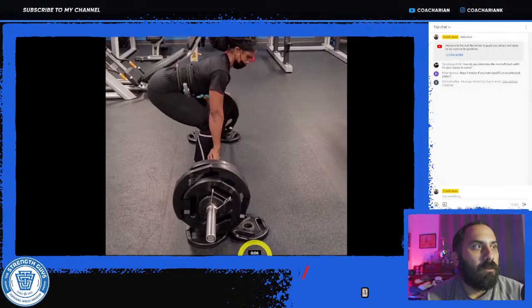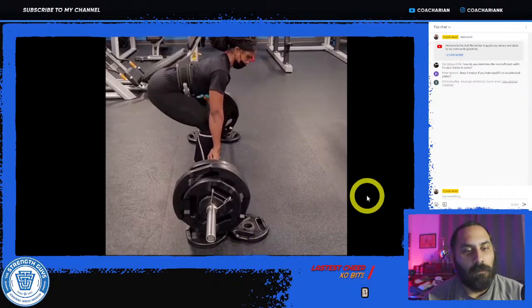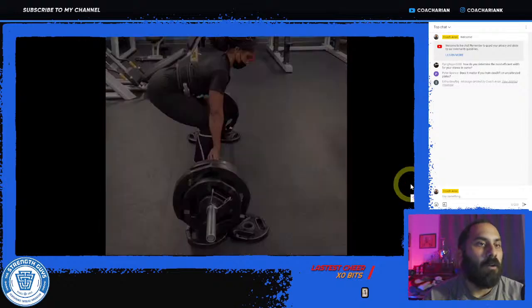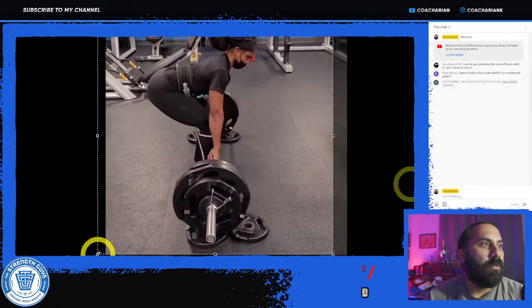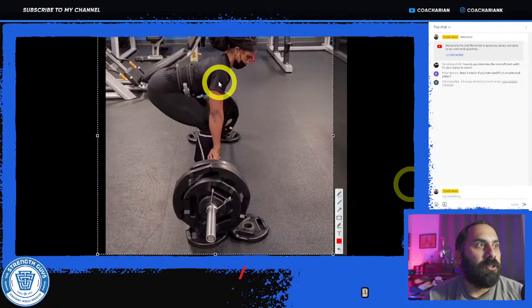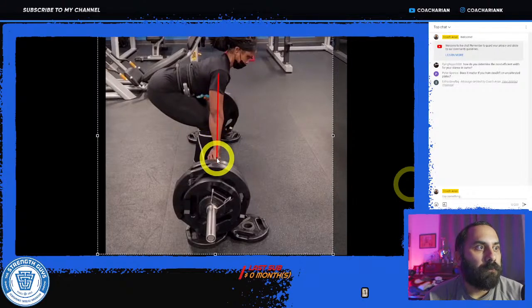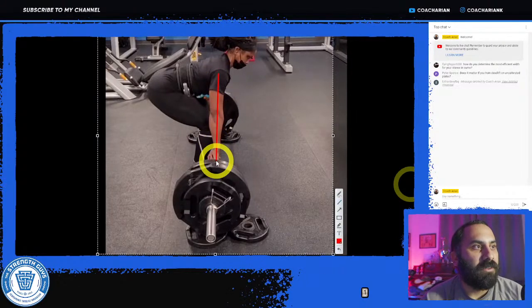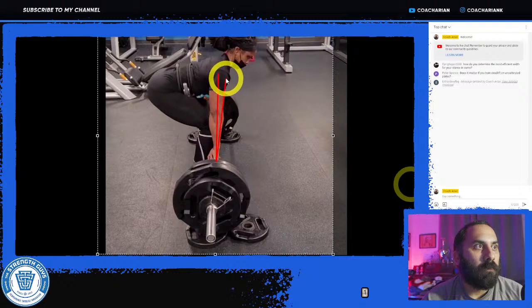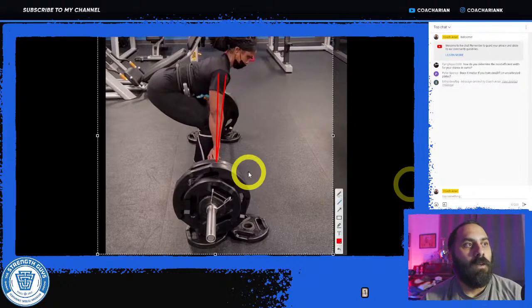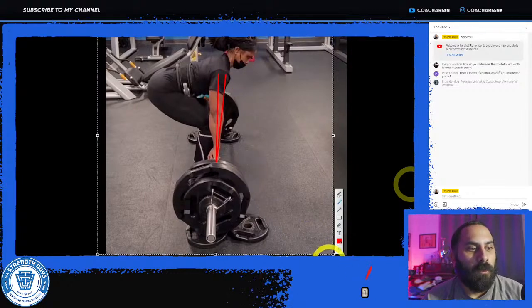Another way you can look at whether the person is in a good position or not is sometimes you can just look at the arm and see how vertical this arm is, and then you know that she's sitting too far back, because you actually want a slight angle of the arm from the shoulder joint down to the hand.